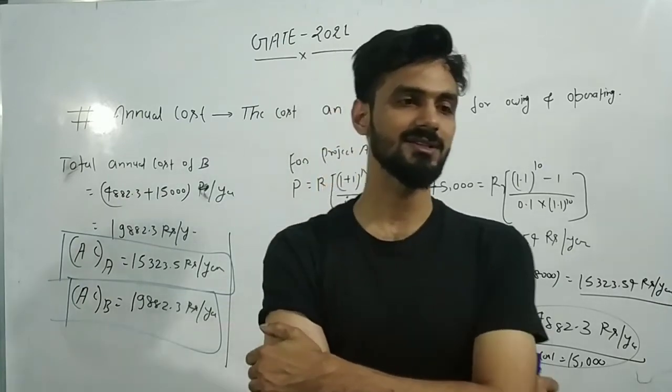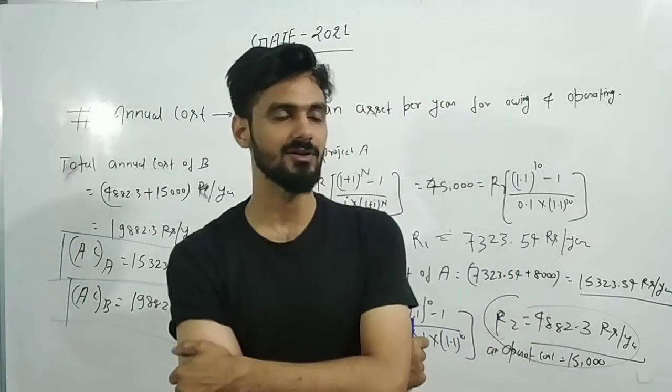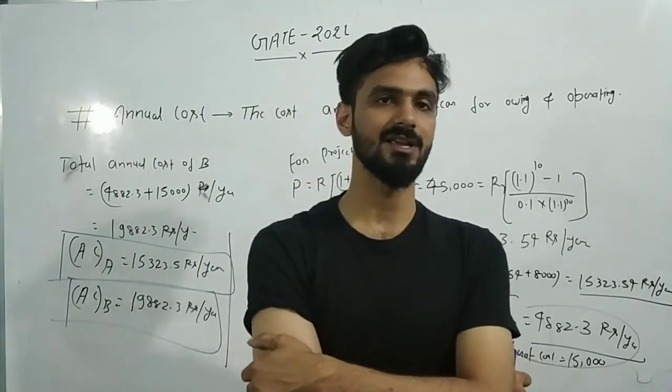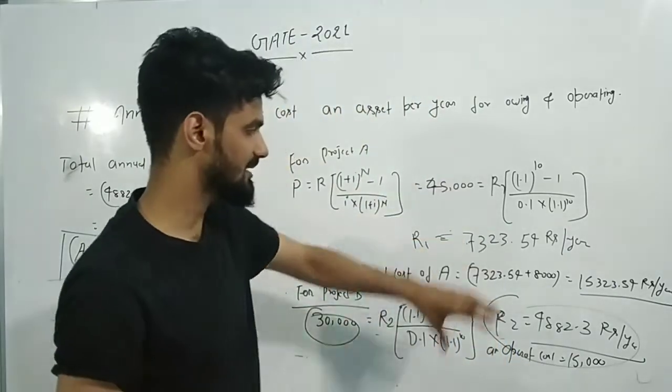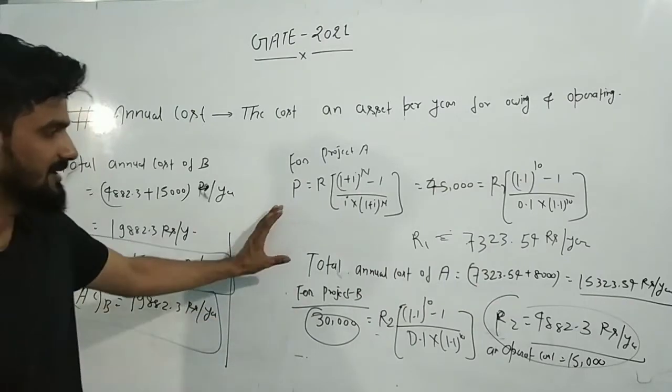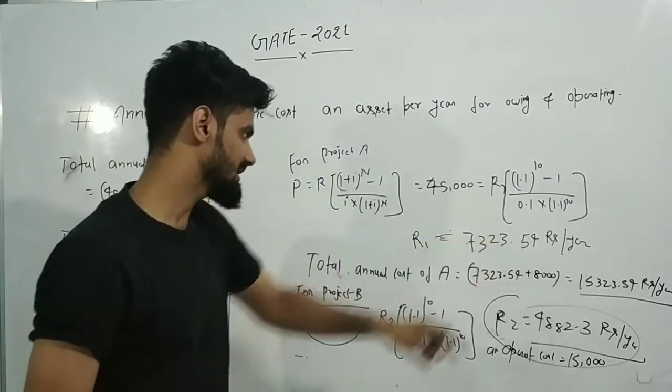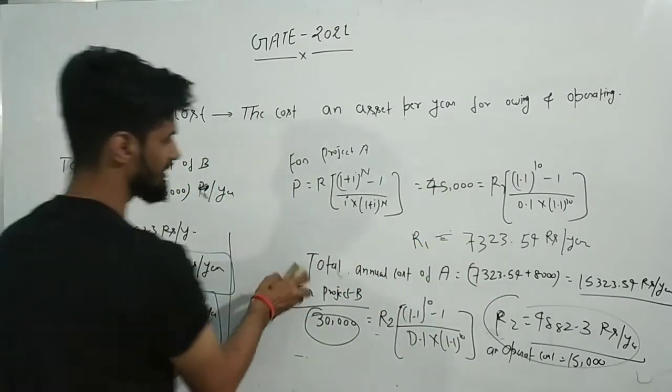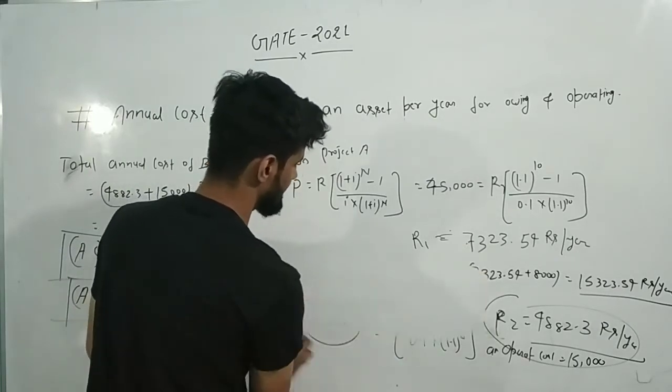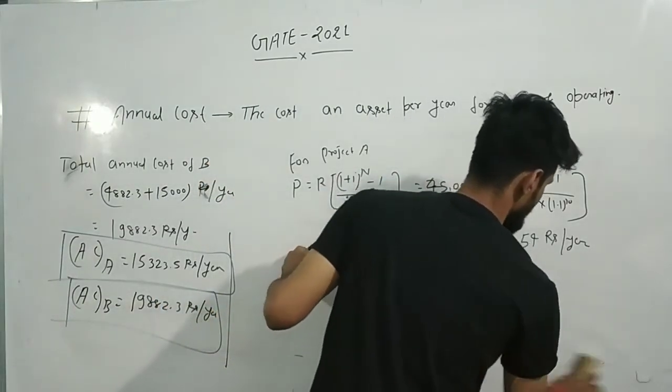Okay. So this was the topic that I have taught right now on the basis of annualized cost. Each and everything, I think up to this point, you all have understood. Now understand these things with the help of a cash flow diagram. Then it will be very clear to all of you.